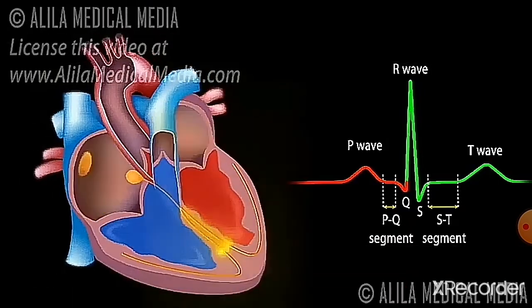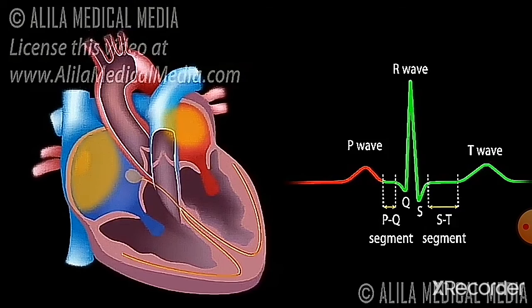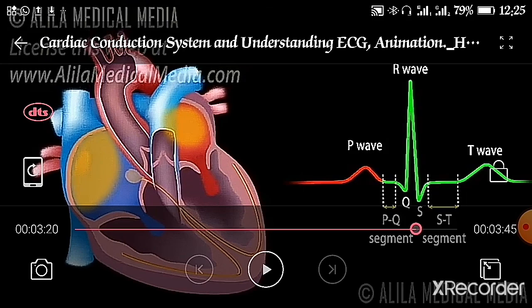Now from here we will see the next wave, called the T wave. The T wave is when our complete blood goes into your aorta and the relaxation of your ventricles occurs. That is indicated by the T wave. And there will be continuous circulation of this P wave, QRS wave and T wave in our heart. So in this fashion we have come across the conduction system of your heart.